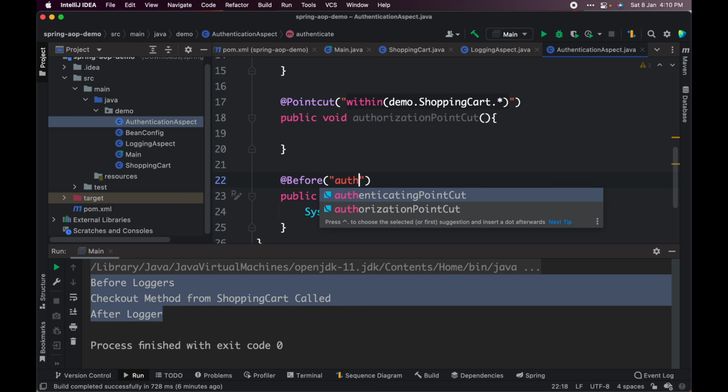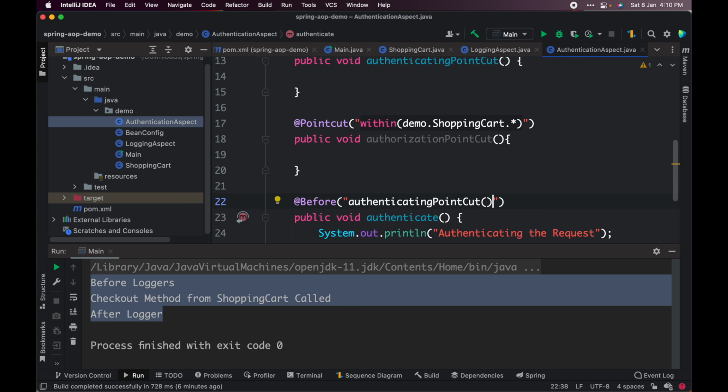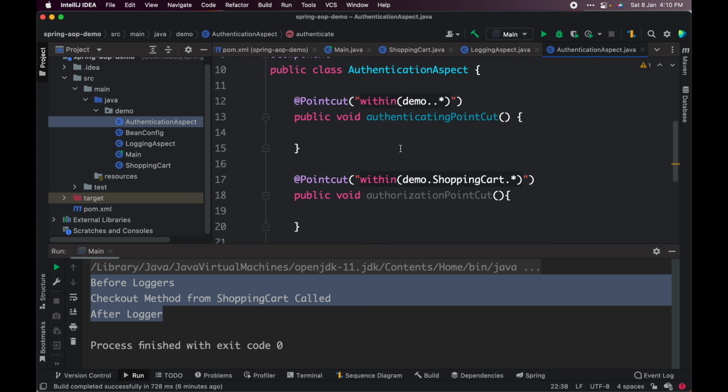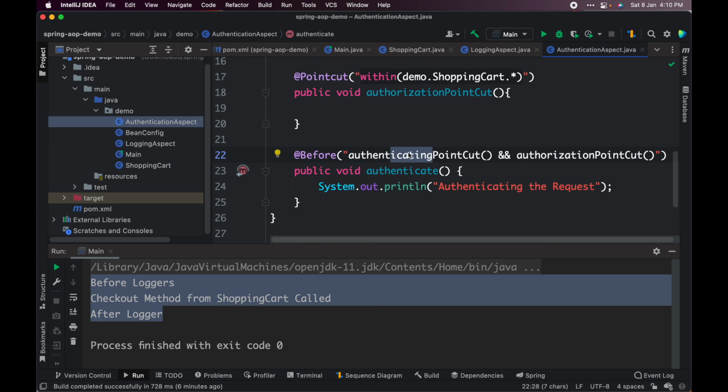Whatever the point cut I have defined, it will come here at the authentication point cut. But I also want it at the time of the authorizing point cut, so I can define with the and operator the authorization point cut. So I'm telling for these two, the authenticating point cut and the authorizing point cut, I want to call this method.